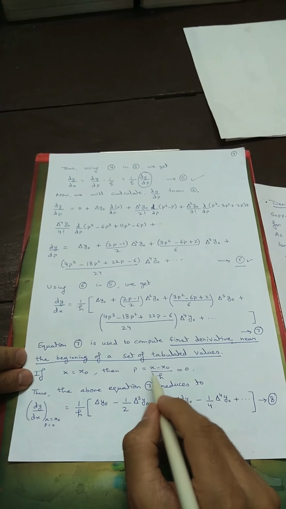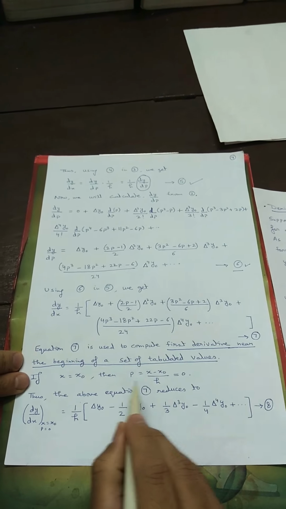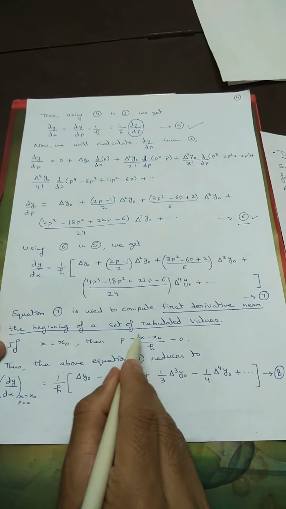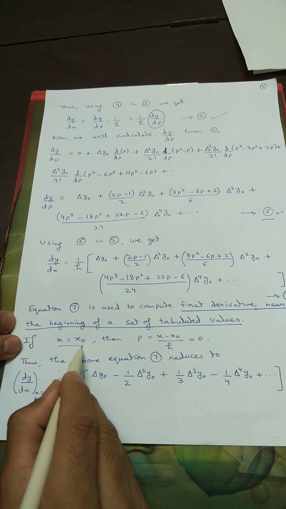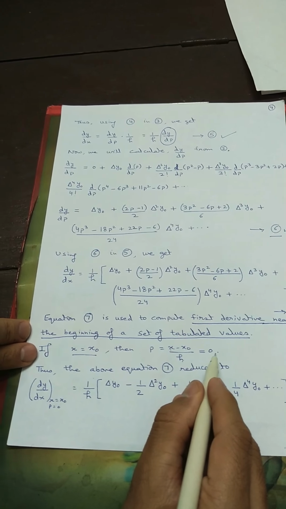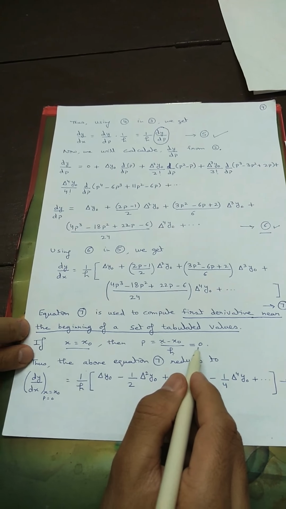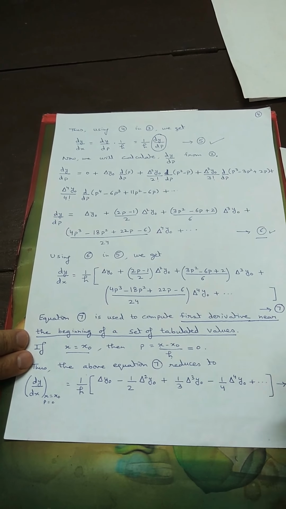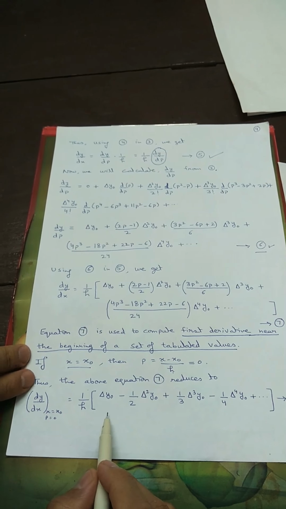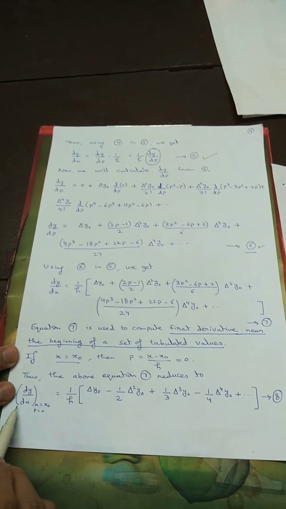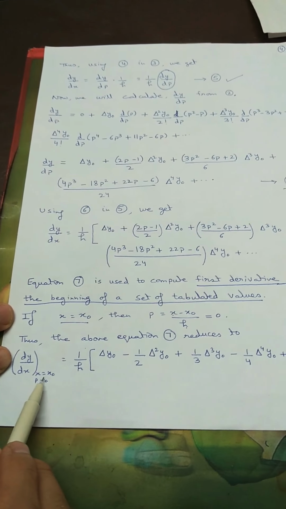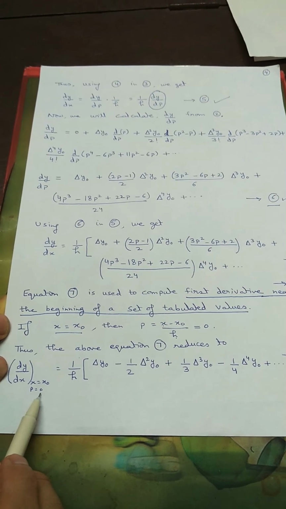Now if I substitute in this equation number 7 the value of p, so p is defined as x minus x naught by h. Now if I replace this x with x naught, we'll be getting x naught minus x naught by h, and in that case p becomes 0. So if I put p equal to 0 in equation number 7, this equation reduces to equation number 8. So if you see it here, the first order derivative dy by dx at the point x equal to x naught, where p becomes 0,